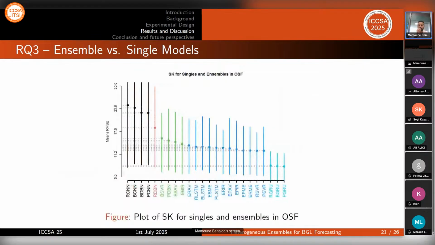And this is the Scott-Knott. We can see that the mean is for the single models named PGRU, BGRU, and RGRU. But in the second cluster, we can see the ensemble models. This plot shows ensemble models cluster tightly in terms of performance, reflecting their stability,